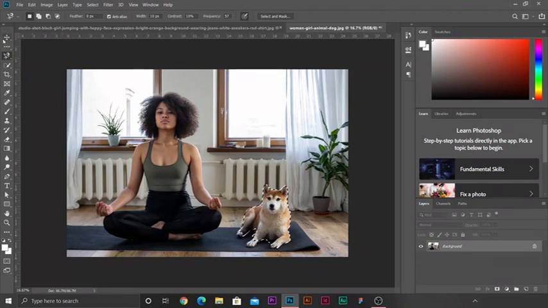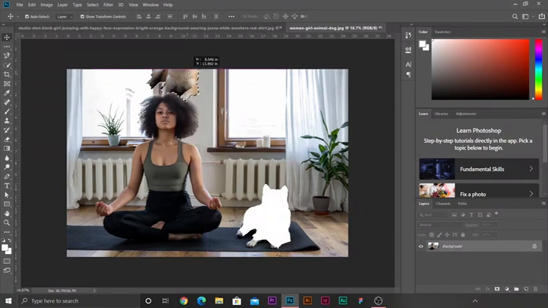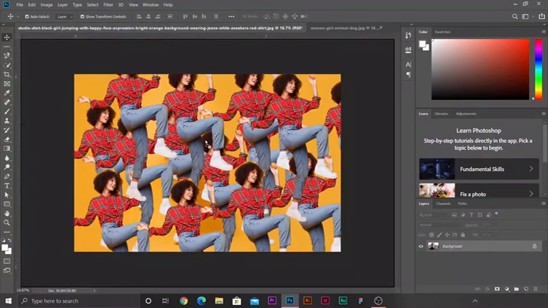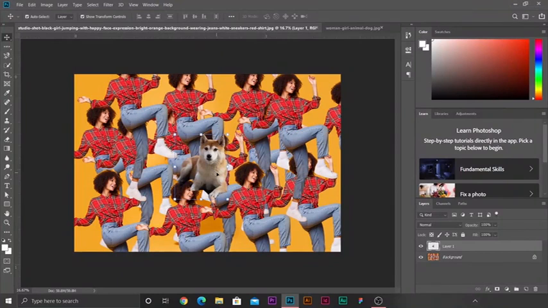So we have the dog selected. I just hit my move tool and move the dog to the new image. Now our dog is here,